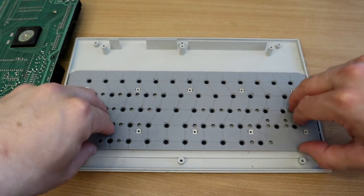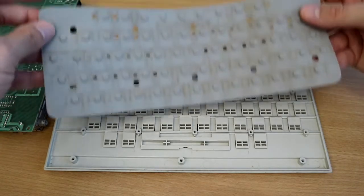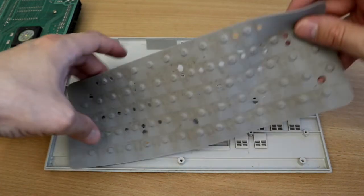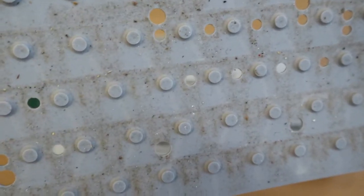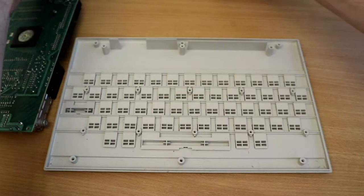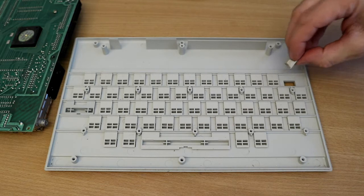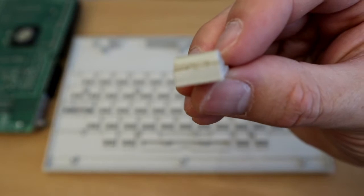So if I peel this up, are all the keys going to come flying at me? No. Oh god, that's not good. Let's just see if I can. How well that's coming out on the camera, I'm not sure, but that's pretty grotty. That's fine, because I know a good cure for that. And then the keys presumably will just lift out, and they do. And they're pretty grim as well. I can get that in focus. Yeah. But hey,